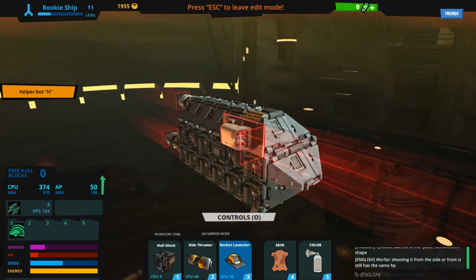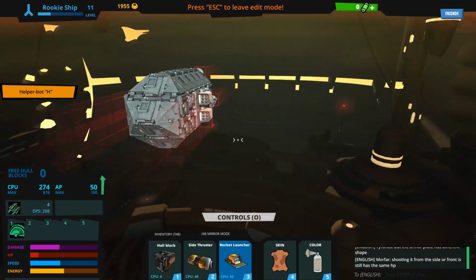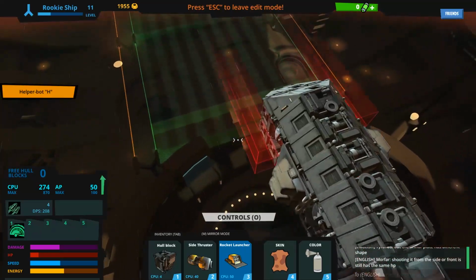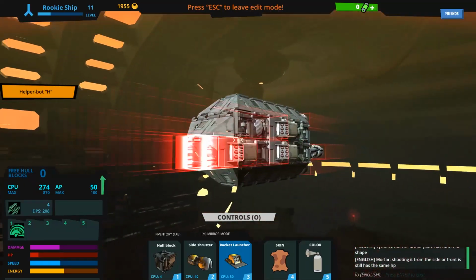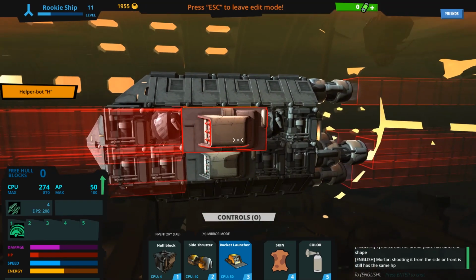Because unlike phasers, they don't rotate, they just shoot forward always. So the positioning of the weapons doesn't really matter. All that matters is having more weapons. And in a case like this, where you're actually going to use rockets or rocket launchers on this ship,